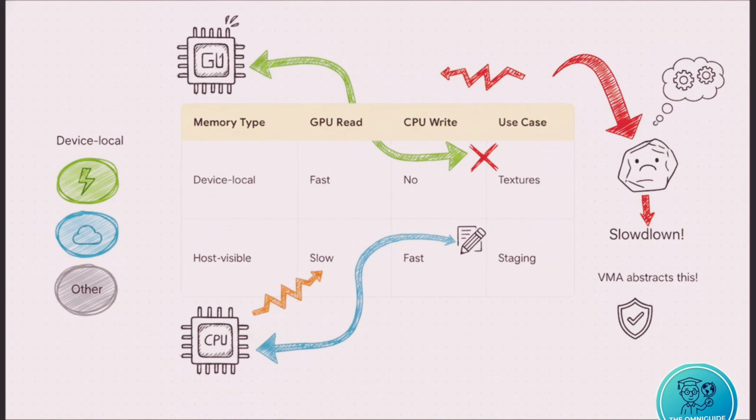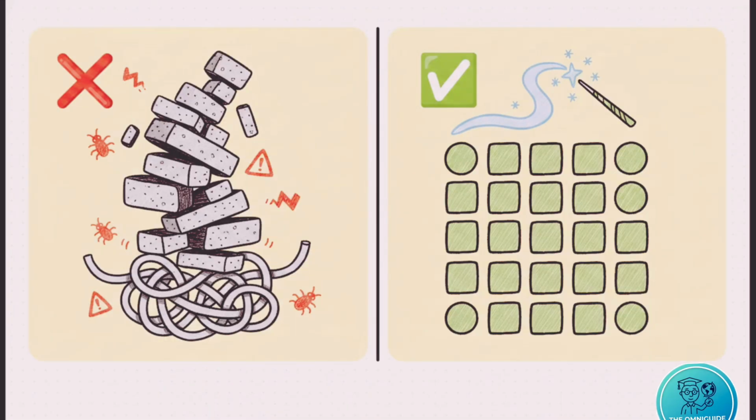We are talking 10 to 50 times slower. VMA abstracts all this anxiety away. It automatically selects the optimal memory type for your specific use case, totally freeing you from having to micromanage the hardware. The difference between the old manual way of managing those memory heaps and this new declarative setup is honestly